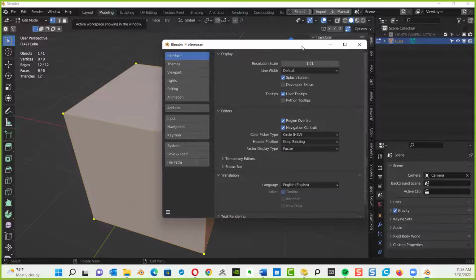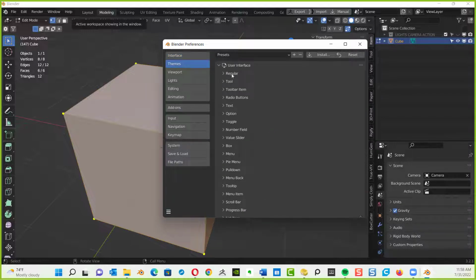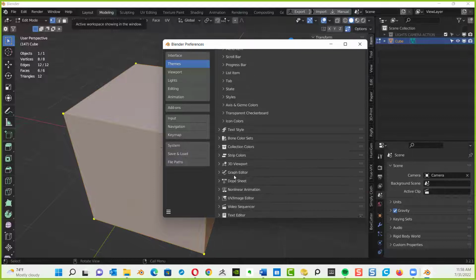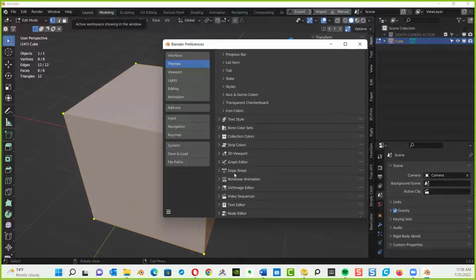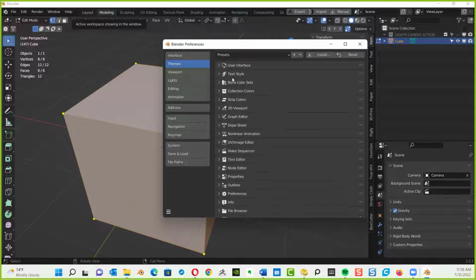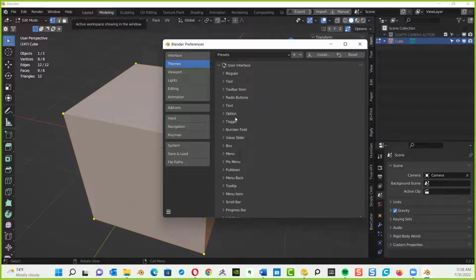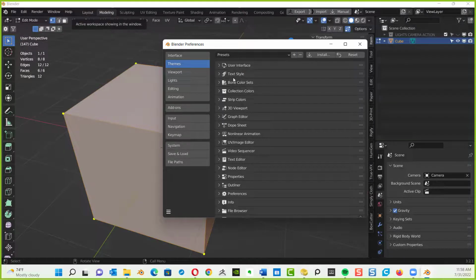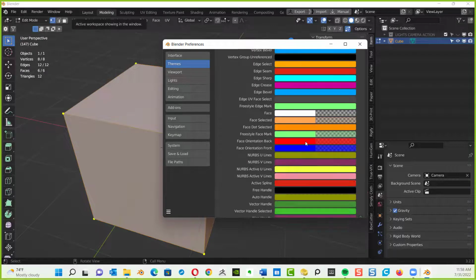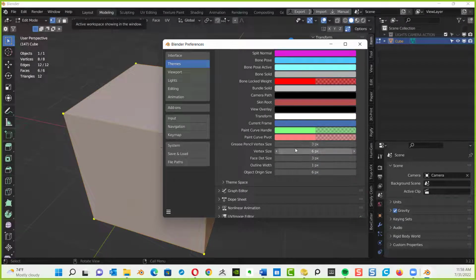All right, I'll figure it out. I googled it. You were in the right place. It's under themes, and then you go to 3D viewport, and then you got to scroll all the way down to the bottom of the 3D viewport section. So uncollapse the 3D viewport section. User interface, uncollapse 3D viewport. There it is. You gotta scroll all the way down. It's huge.